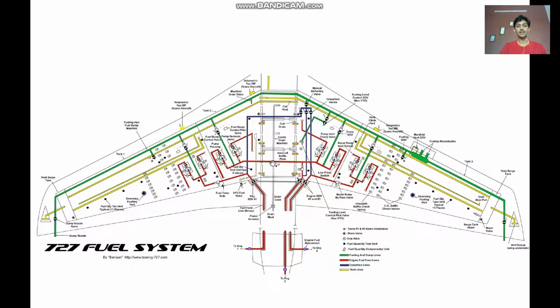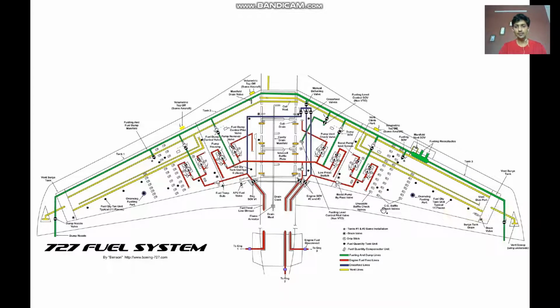Now for the feeding, first the shut-off valve has to be turned on, and once the shut-off valve is turned on, based on the RPM of the spool, or in general based on the thrust the engine is producing, the engine control pump will feed the fuel to the engines, and then we have vent lines to balance the pressure.